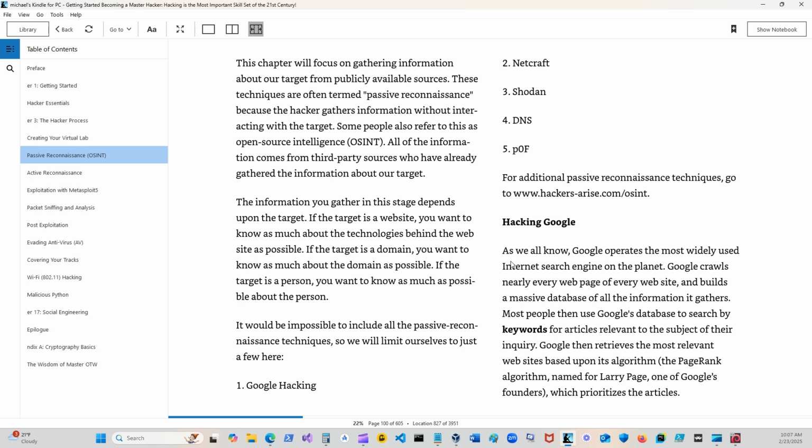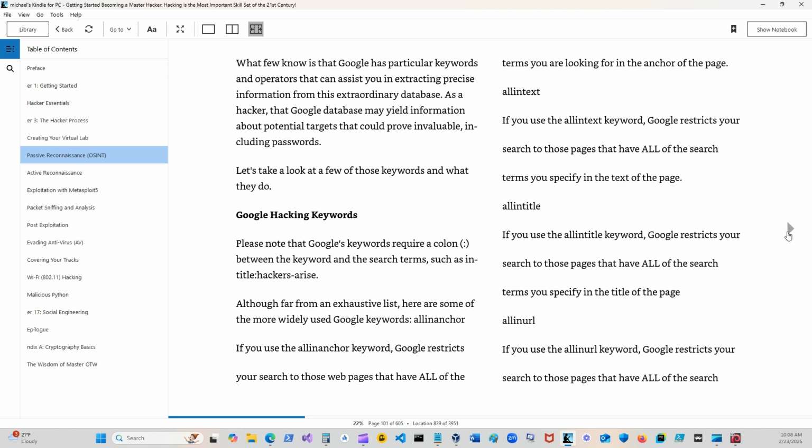Okay, hacking Google. As we all know, Google operates the most widely used internet search engine on the planet. Google crawls nearly every web page of every website and builds a massive database of all the information it gathers. Most people then use Google's database to search by keywords for articles relevant to the subject of their inquiry. Google then retrieves the most relevant websites based upon its algorithm, the PageRank algorithm, named for Larry Page, one of Google's founders, which prioritizes the articles. What few know is that Google has particular keywords and operators that can assist you in extracting precise